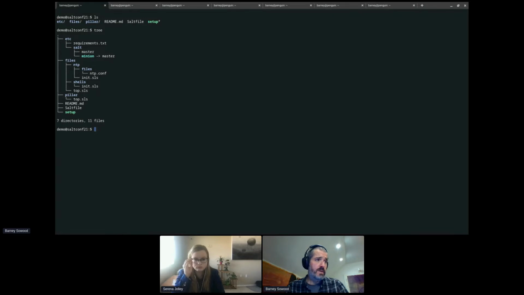We've got some config files in etc. We've got a state tree under files, which will be familiar. You've got a directory for pillar data, although in this simplified example there's not actually anything in the pillar data. And then there's a README and a setup script.